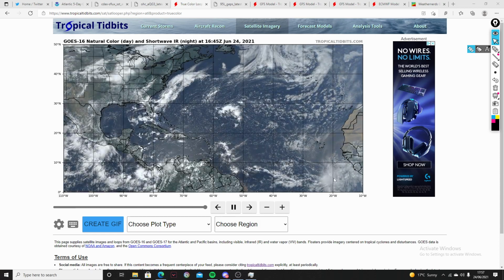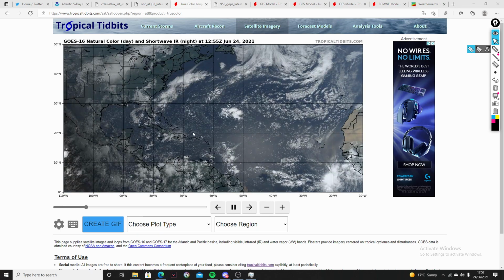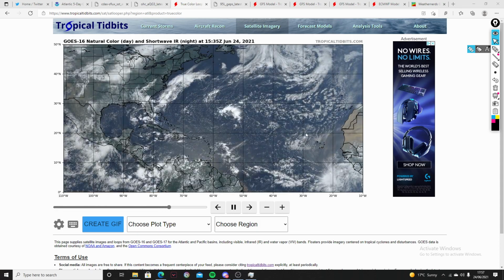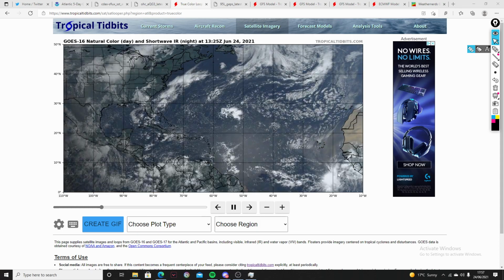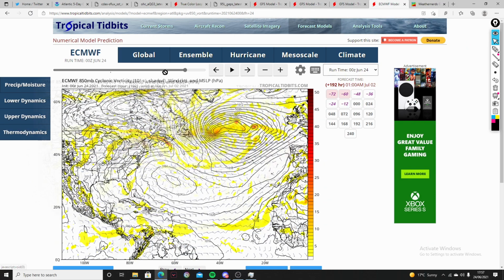We'll have to see what the next passes show, but for the Lesser Antilles, you're going to have to watch out for this. And maybe the Cape Verde Islands, just keep an eye on it because it could become more. It could move further north. I don't think it will though. If I show you really quickly